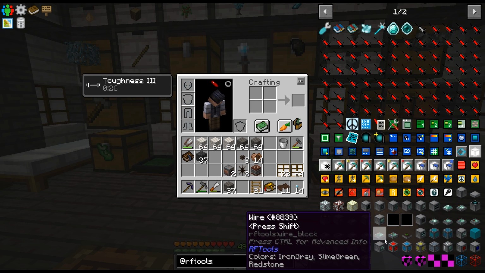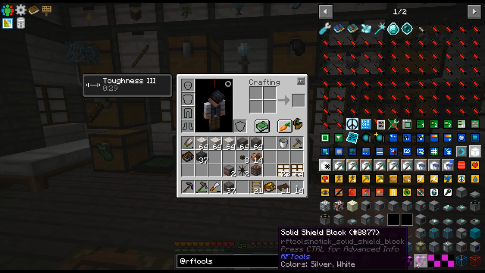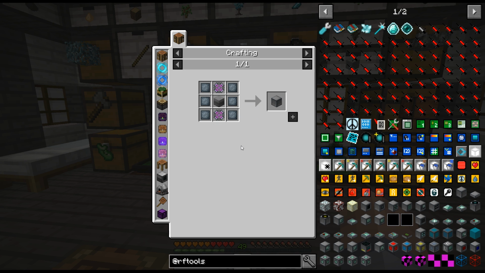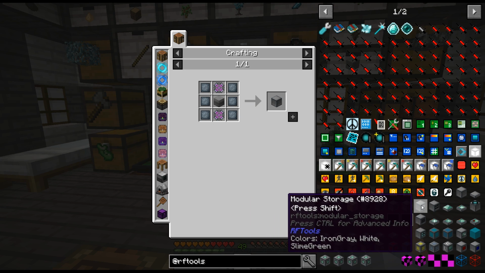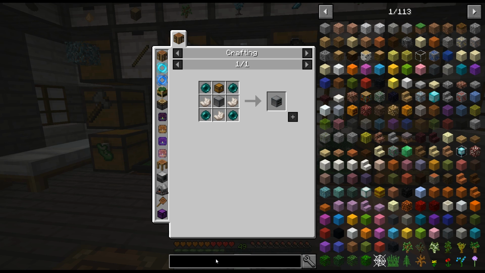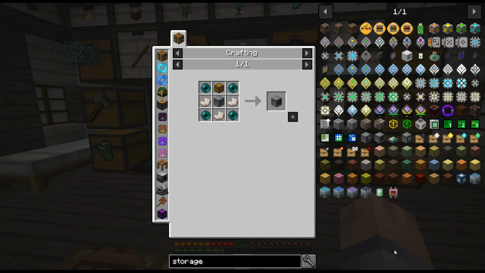if it is possible. Let's see here real quick. If there is not some kind of roadblock, this one needs a machine frame. That's a little bit out of reach. So we cannot make the modular storage. We cannot make anything from RF Tools. So is there any other storage that we can make